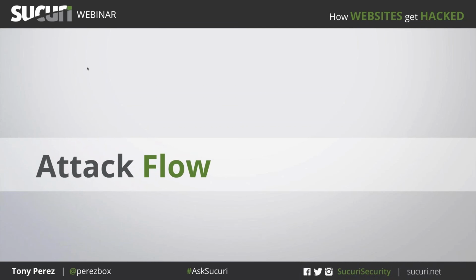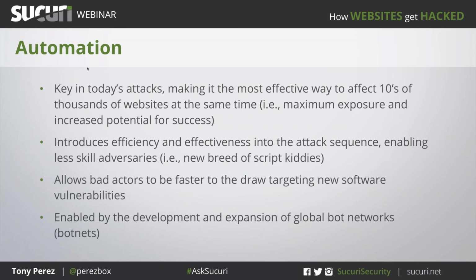They achieve that through automation. Automation is very efficient, very effective. It allows them to have greater impact, and it also allows them to be much faster to the draw. We saw this a few years ago with the severe SQL injection vulnerability that led to an RCE in Drupal, for instance. They said, if you didn't patch within 8, 12 hours, whatever that number was, consider yourself affected. That was an example of how fast these attacks can occur, and it's facilitated through automation and the interconnected web that we live in.